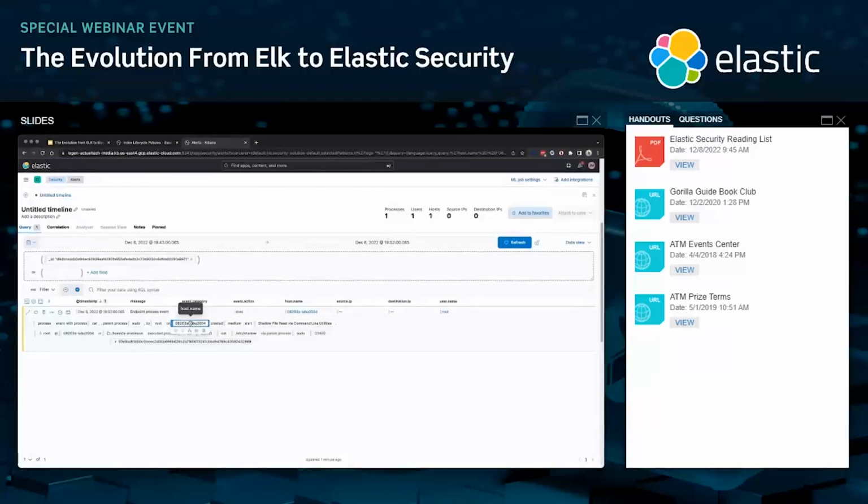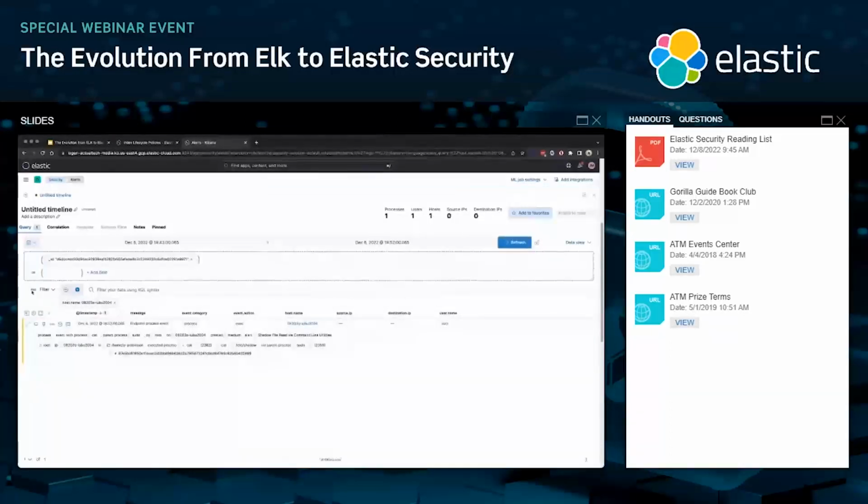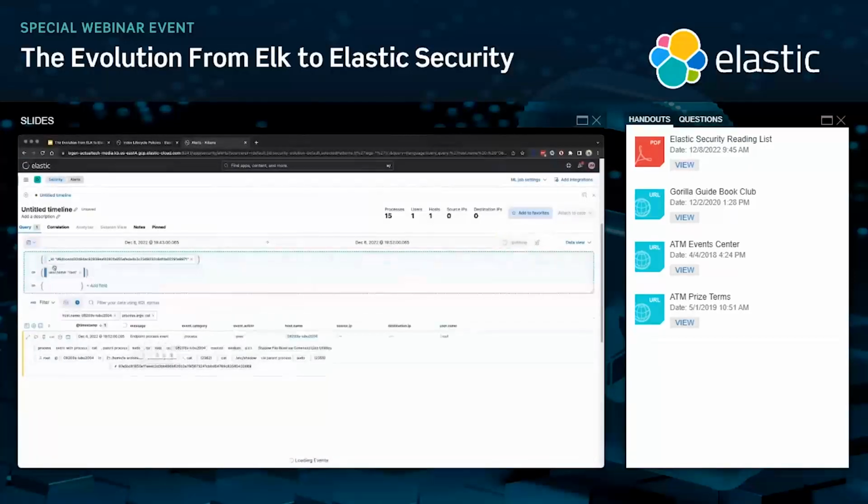But maybe I want to use some classic Elastic filtering technology. So I can hover over this element, in this case, it's a host name, and hit the plus button. And I'll see a little AND relationship, this host name. So I want to zoom in on just this host. And similarly, let's see any other cat commands that might have happened. And lastly, let's also grab this user. And let's grab this user element and drag it up with a Boolean relationship here.